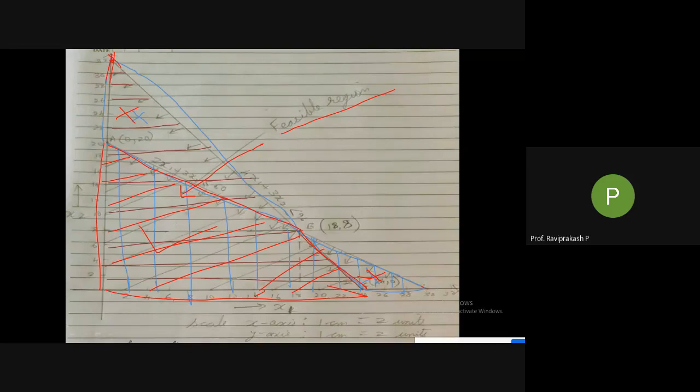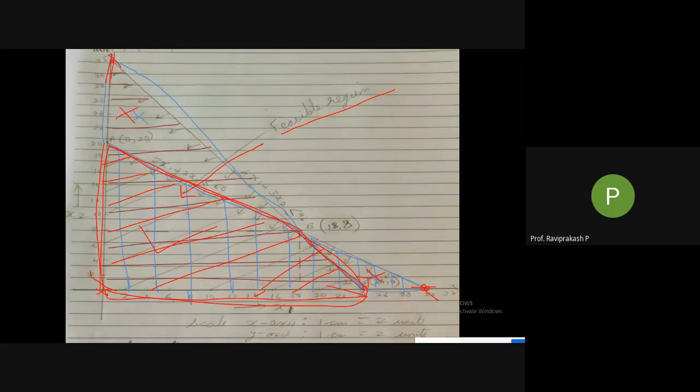Same here. This line is cutting this line, so there is a point here. I should not take that. I should only take this point because this is what encircles my feasible region. So this is the feasible region. I have drawn it again. Okay, this is the feasible region, so I have to consider this, not the point 0, 0.